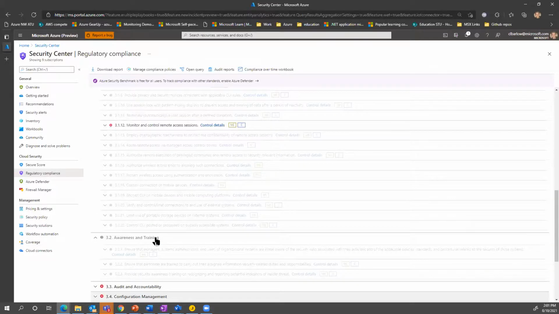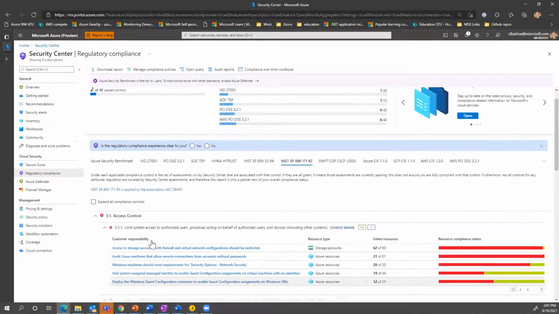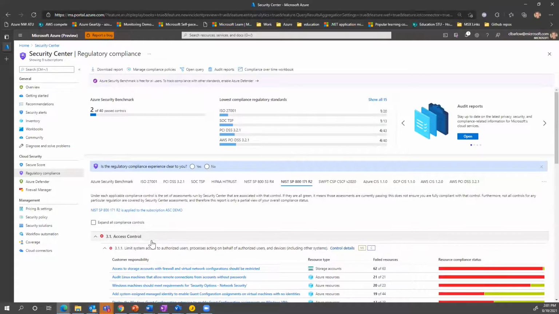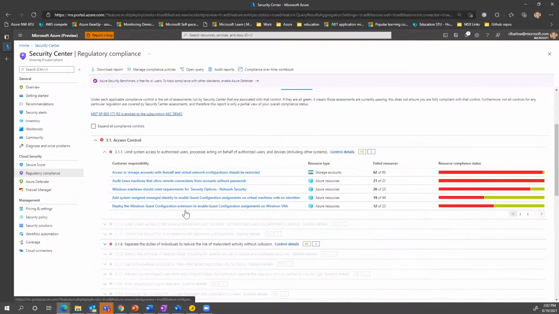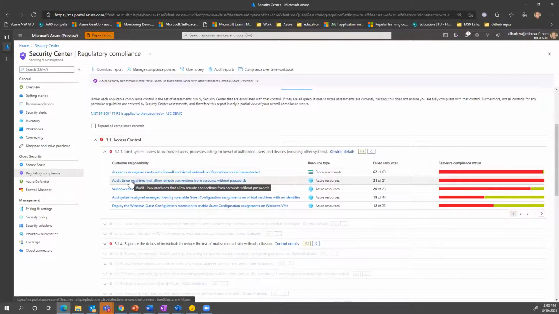We handle the technical piece. If you think about the shared security model, we handle a whole bunch, you have to handle a whole bunch, and some of them we meet in the middle, and there's some overlap. But when it comes to regulatory compliance, if it's grayed out, it's because we don't manage any aspect of that. That's all on you. But that's where you can come in and get an idea of how secure you are.